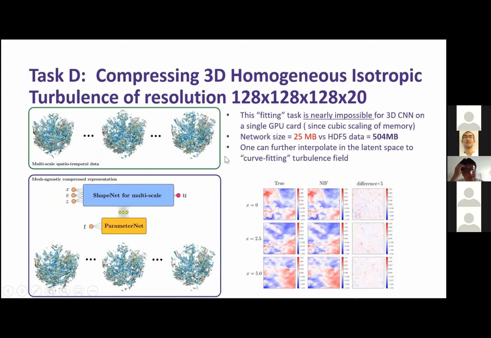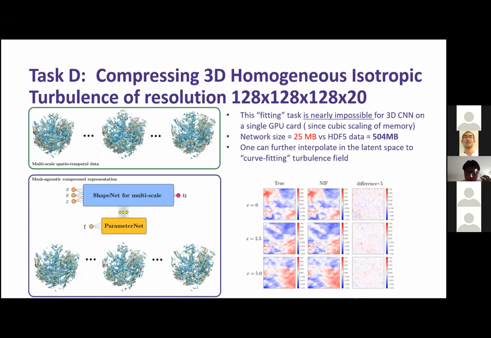Okay, so the next test I want to give is compressing 3D homogeneous isotropic turbulence. Because this is a fitting task, basically I just want to have XYZ as input and use time t as input for the parameter net. And I'm going to have only, for example, 3 units, or maybe 1 unit, learning a sort of latent representation for this 3D field. Because once I determine these 3 units and multiply by this big linear layer, I get the weights and biases at this time step for the whole turbulence instance.